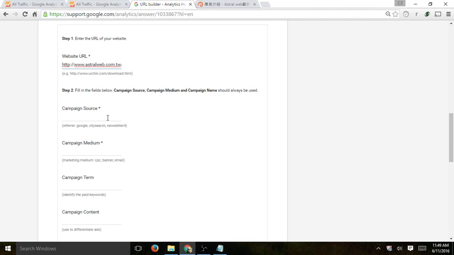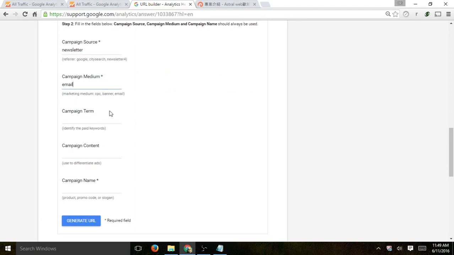so all of the data gets saved in the same type. Okay, so in this case, let's say source might be newsletter, let's just call it newsletter. Okay, next one, medium, would be email. Okay, and now term and content: term is used more for ad campaigns, so we're going to leave this blank right now, but you can use that. Content would be maybe the specific type of email I sent, so maybe it might be for my new